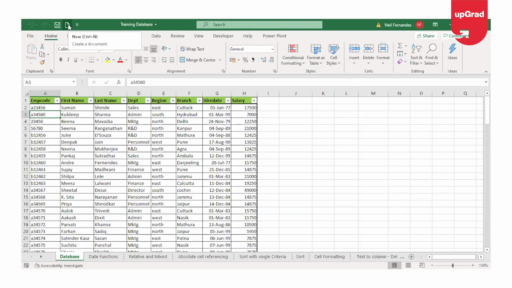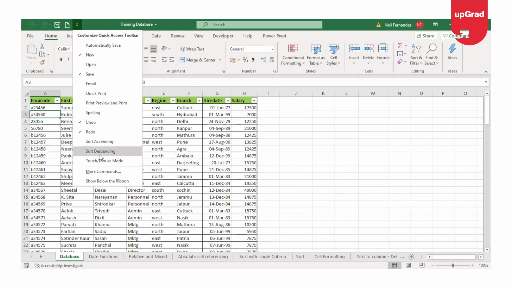So in order to add any of the new commands to the Quick Access Toolbar, I'll have to follow a few steps. To add the new command, click on this drop-down menu again, and you can select any of the commands given in the list to add it to the Quick Access Toolbar just by clicking on the command name. However, you must have noticed that not all commands are available in this list.